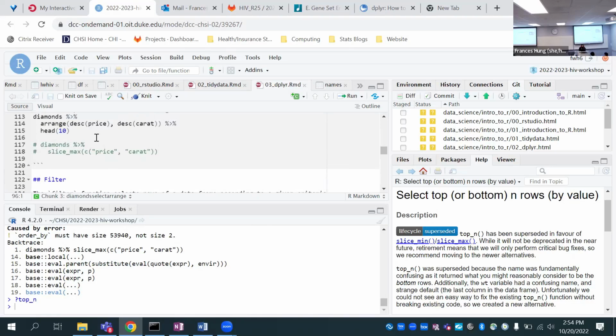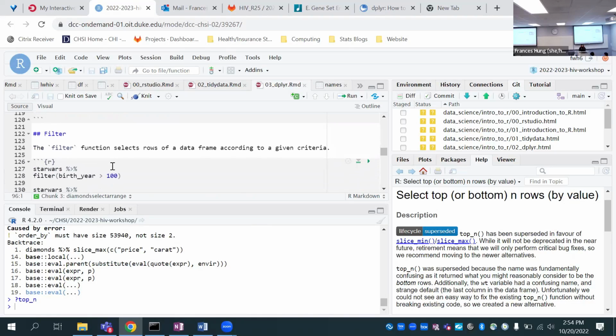I think we can now move on to talking about filtering data. We talked about just selecting certain columns, but what about selecting certain rows instead? Let's say that we were just interested in looking at all Star Wars characters who are older than 100 years old.